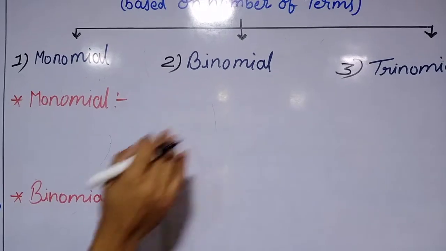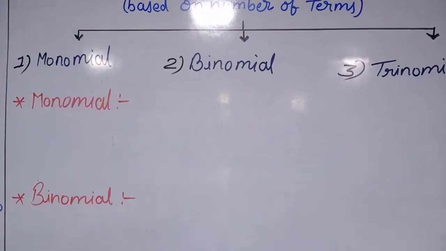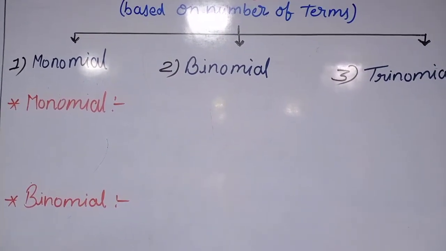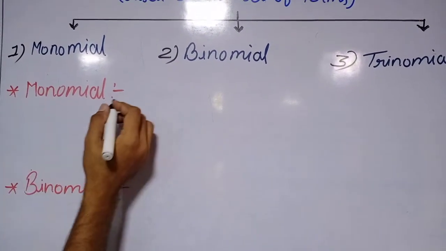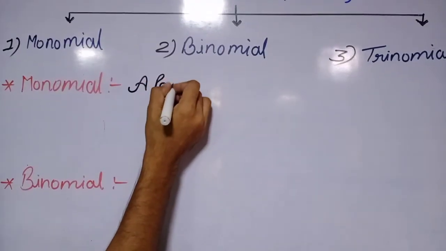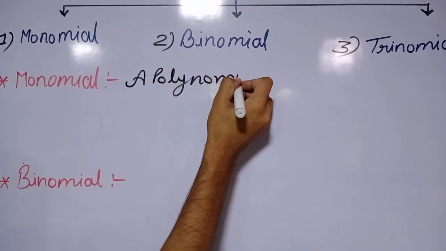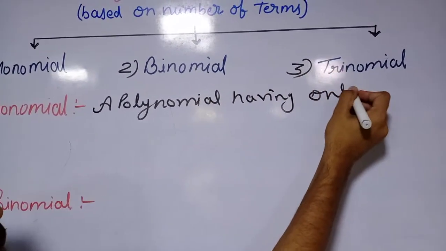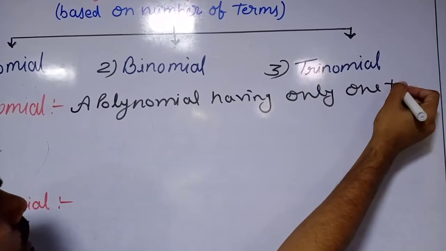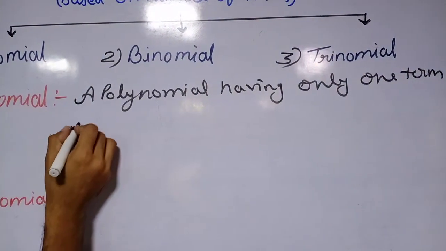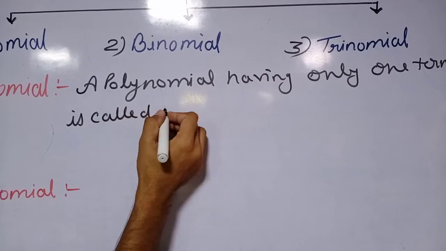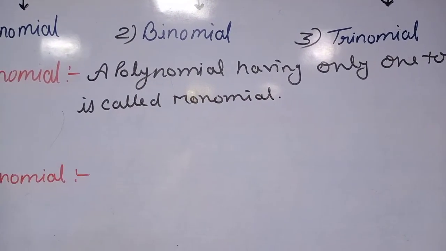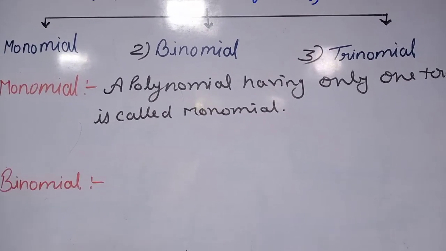By the name only we should come to know: in monomial we have only one term, in binomial we have two terms, and in trinomial we have three terms. So let's see what is the monomial. A polynomial having only one term is called monomial. Yes, for an example you can see